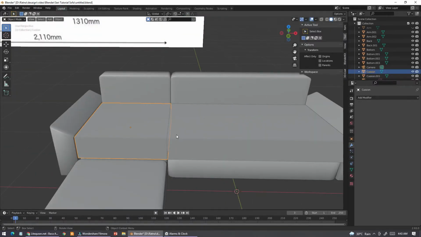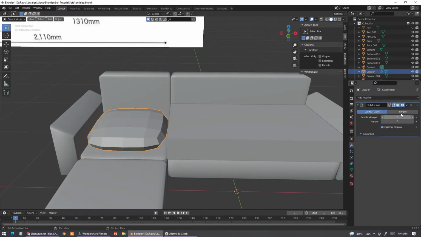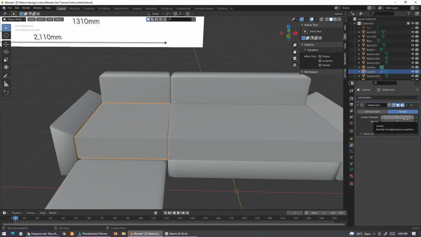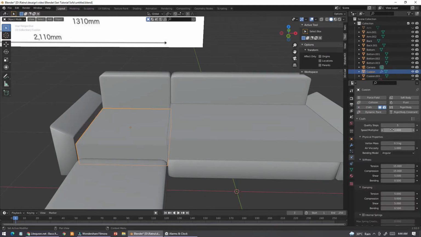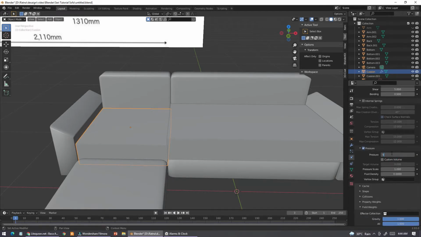Now we are ready to make our cushion after we make UV map. Now we will start with the small cushion one. Go to modifier properties, add modifier, subdivision surface, simple, level viewport 2, go to physics properties, cloth, speed multiplier 0.5, quality steps 5, pressure 5,